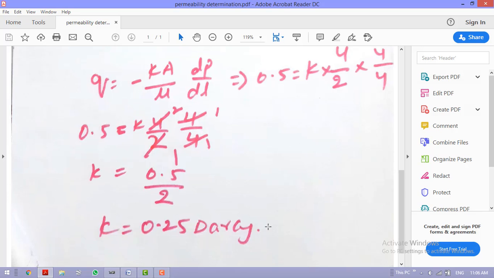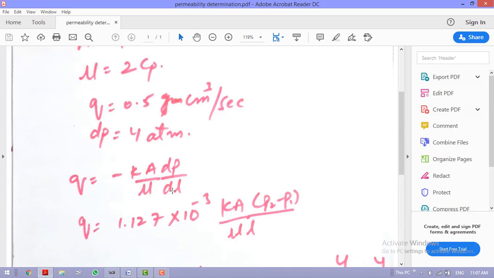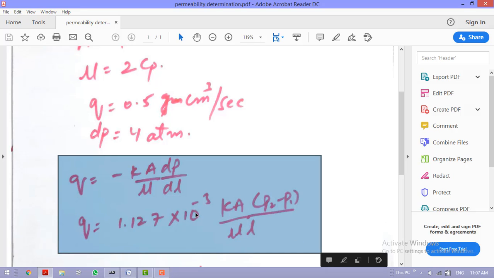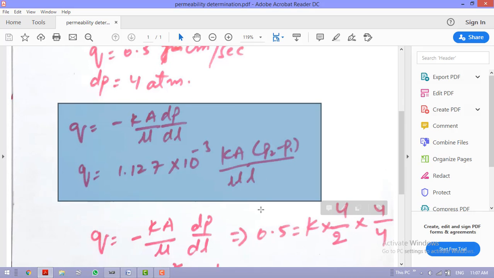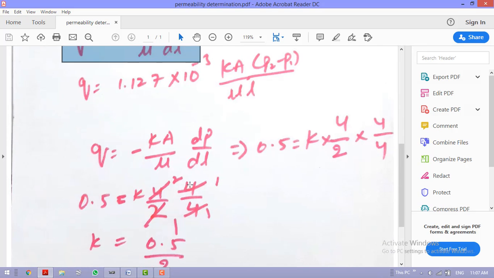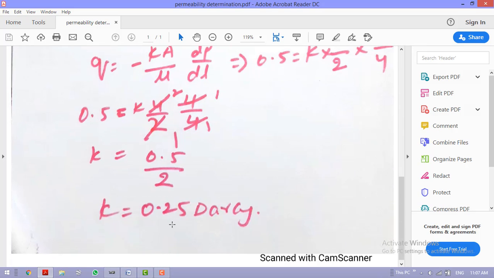So that's an end for today's video. I hope you understand how to find permeability and what formula you have to use when you have 3 different formulas: two written over here, and one is Q equal to 7.083 into 10 power minus 3, which you have to use in terms of radius of wellbore and reservoir. This one you have to use if you have unit conversions from CGS to field units, and apart from this you use the other when you have CGS units, right? Okay, then that's an end for today's video.